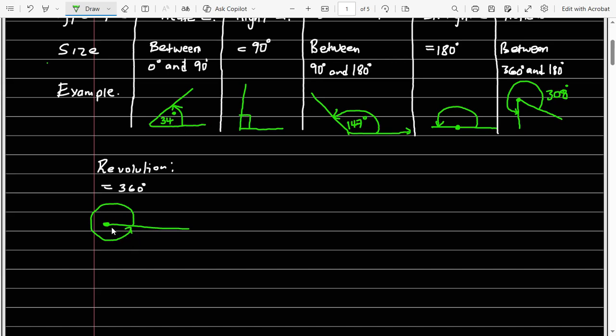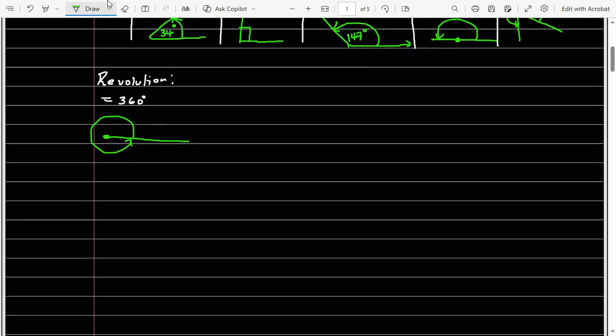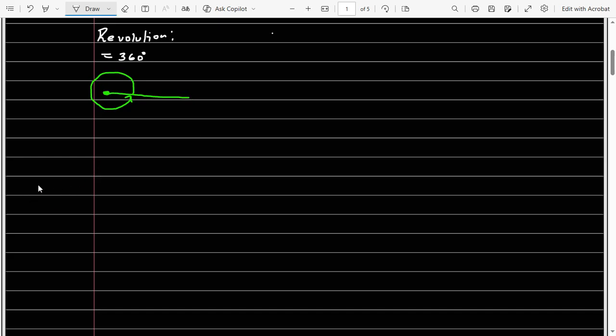Okay, so we're going to take all the information that we have now. I'm going to give you the theorems on lines and angles, and then we're going to apply them to answer some of the exam questions. But let's go through the theorems first. So the first one, very important, that you need to understand: